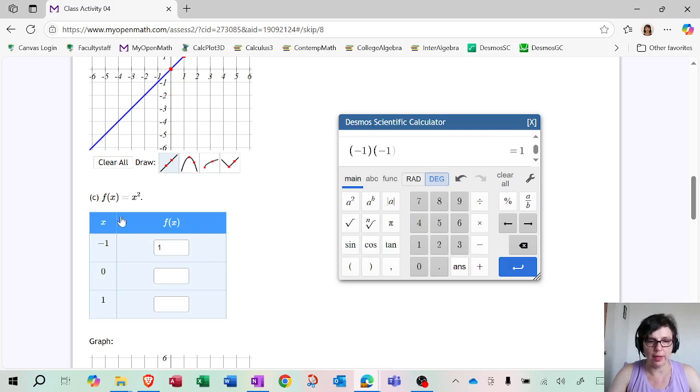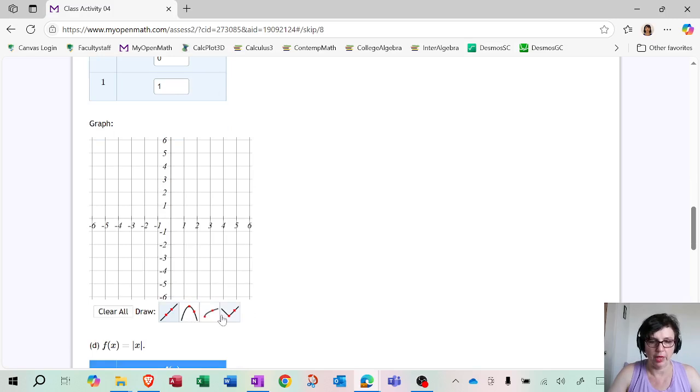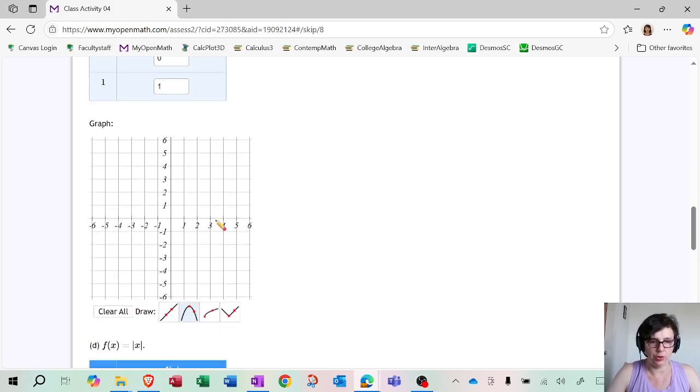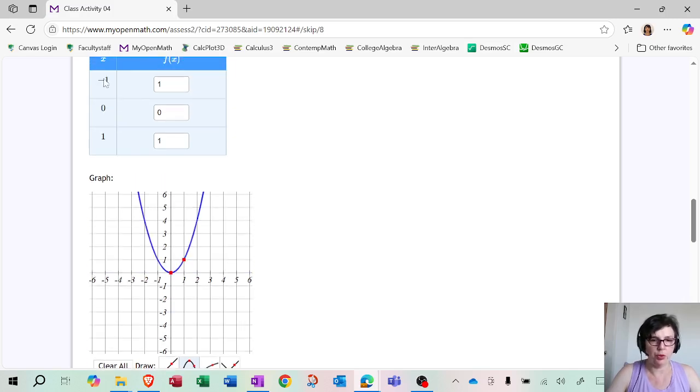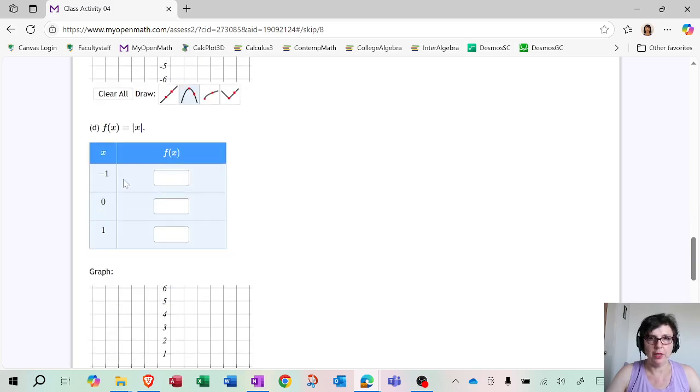So the output of x squared can never be a negative answer. 0 squared is 0, 1 squared is 1. Okay, so let's graph it. Again, we need to decide what it is going to look like. It's going to look like a parabola, and we need to get a vertex. The vertex of x squared, and more on that later in the course, is at 0, 0. That's the most important point you need first. And it also goes through 1, 1. I could have chosen -1, 1, but I just chose 1, 1. So that's your parabola.